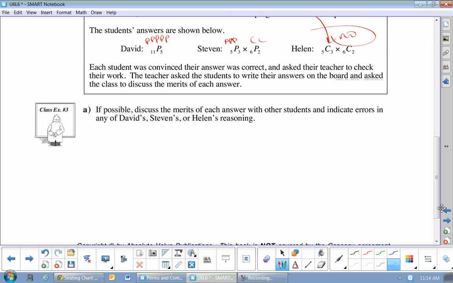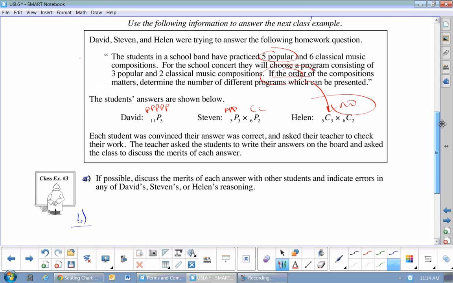So let's do B here so we can kind of look at it. Now B is called, or sorry, this question is called a compound set. What's unique about this one is when I choose the songs,